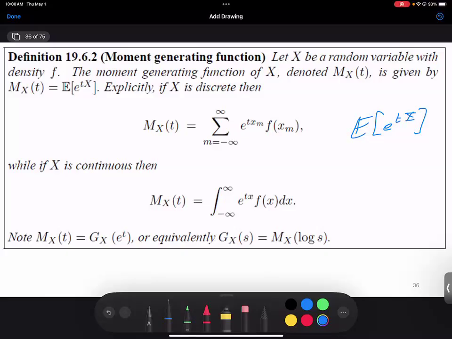And by going in both directions, that means when x is positive, we have an exponentially increasing factor. When we go in the negative direction, when x is negative, negative t times negative x becomes positive. We have an exponentially increasing factor. So the probability distribution has to have at least some level of exponential decay for things to exist. If the distribution has finite support, then these integrals will always converge, these sums will always converge. Okay, so again, the moment generating function is just the expected value of e to the tx, so the hope is we can do these integrals or these sums.